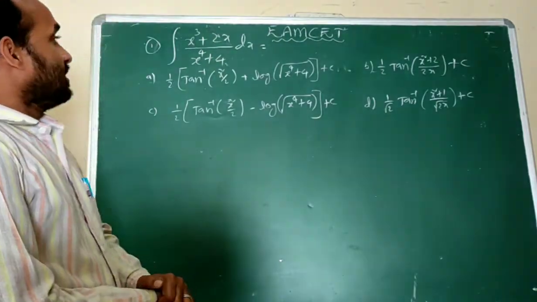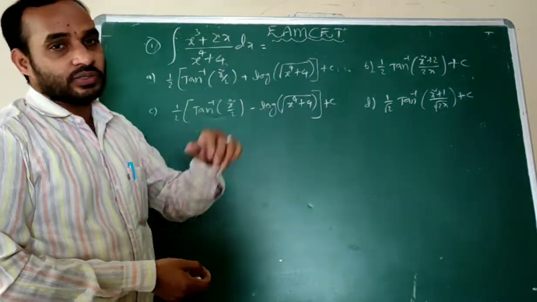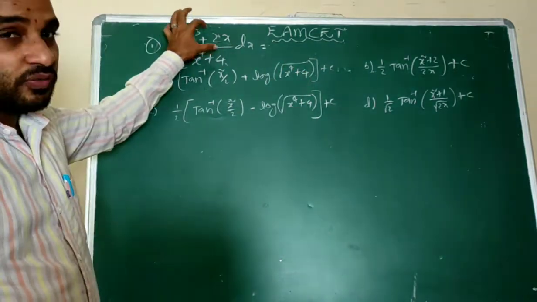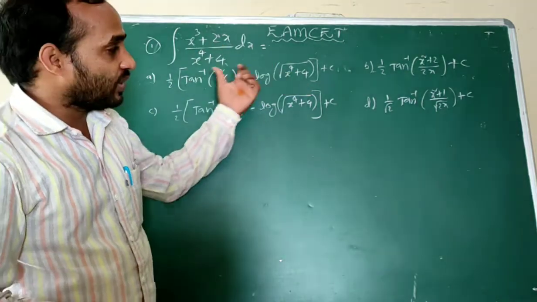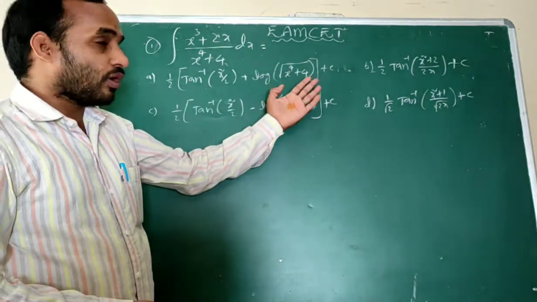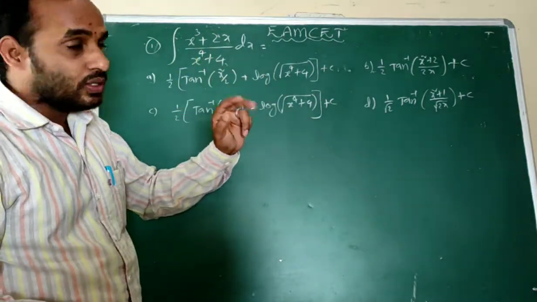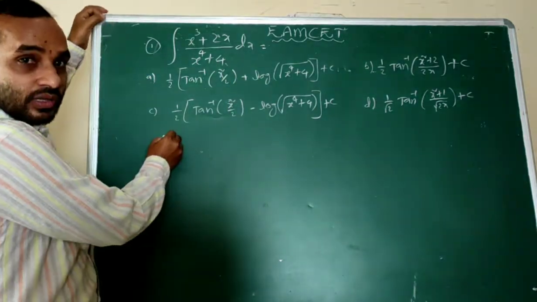Previous question: the integral of x squared plus 2x by x to the power of 4 plus 4 dx. Options A, B, C, D. So just in a single step, we come to answer verification. With 4 options, eliminating 2 options, those will be selected for the only 2. So the remaining one is also eliminated. So how to find the solution?